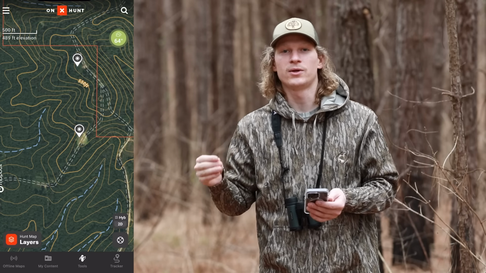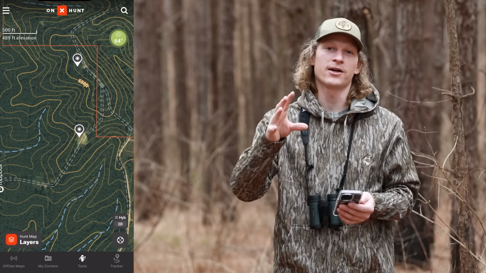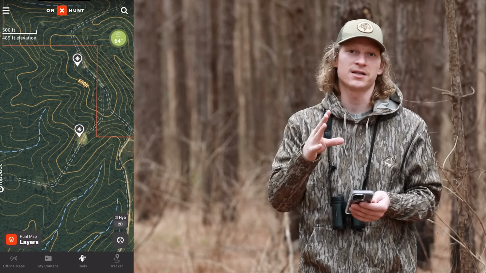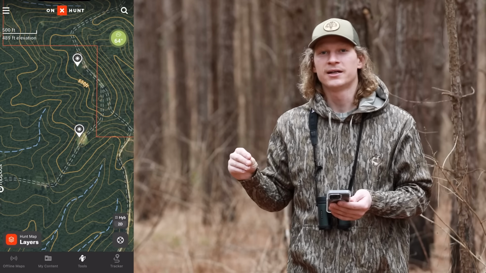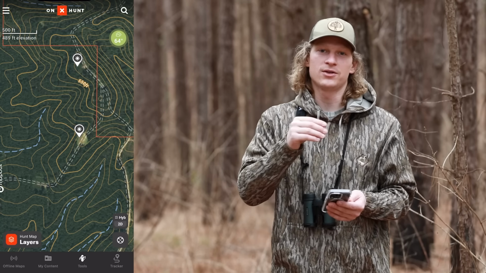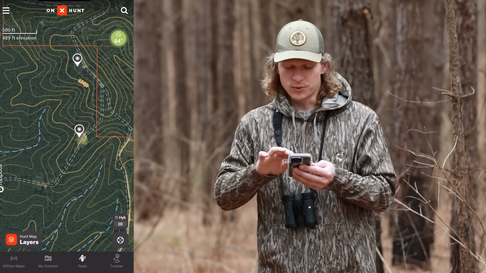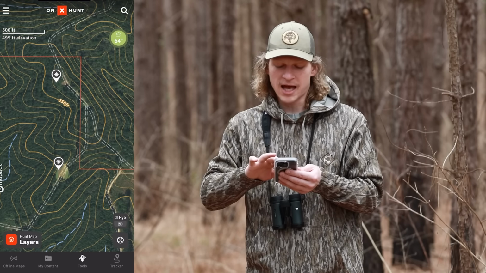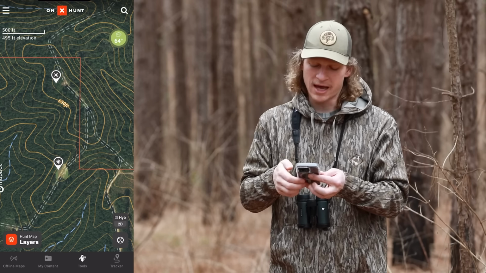And what that's going to do is those gobbles are going to be able to carry across those drainages, up those creek systems, and you're just going to be able to hear far more than you would if you weren't on that finger ridge or at the top of the ridge. So you're really going to want to identify those high knob points,